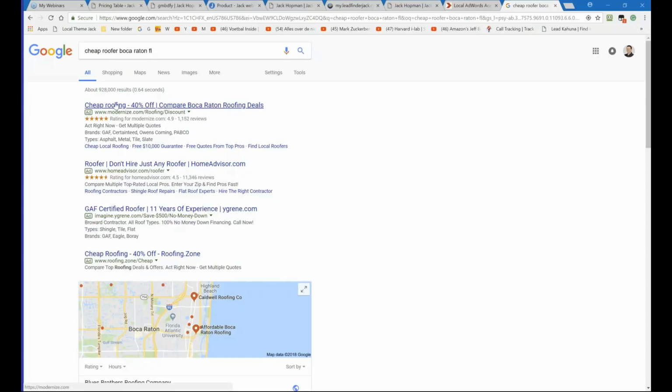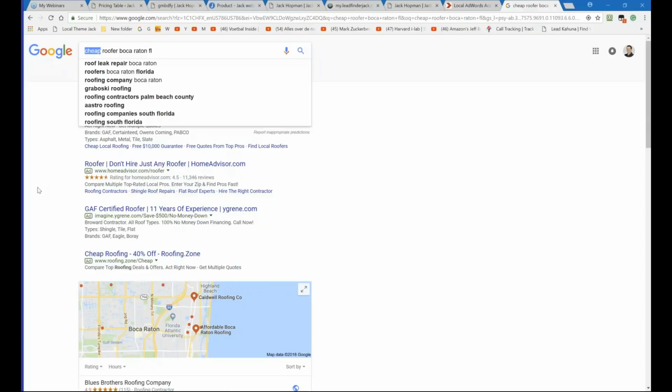So this one actually got it. He wants 40% off, and they probably have a funnel for that, but this not. So I'm teaching you, if they use certain words in the search keyword, your ad is not showing. And when your ad is not showing, you don't waste the click and you don't waste the money.